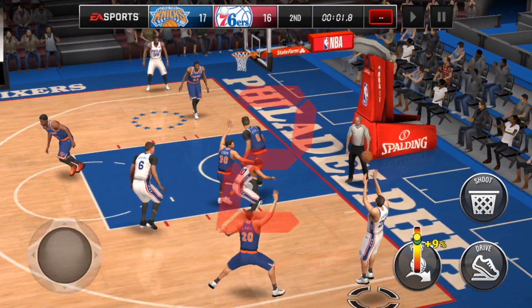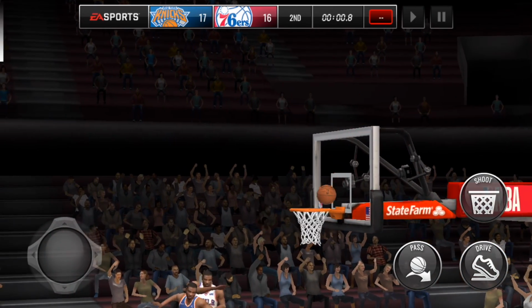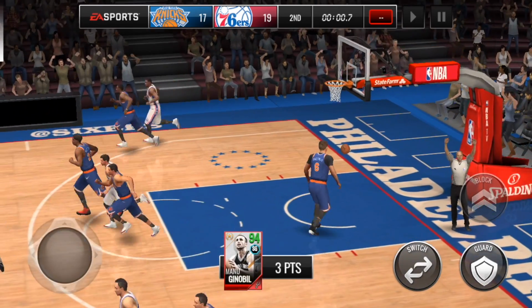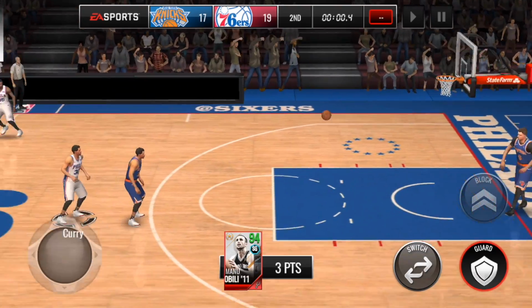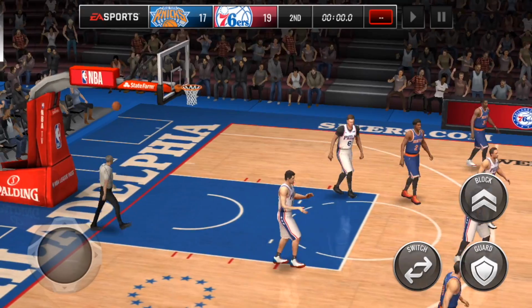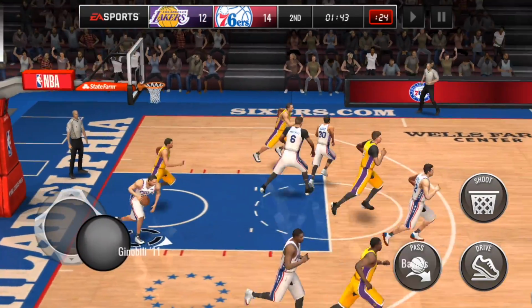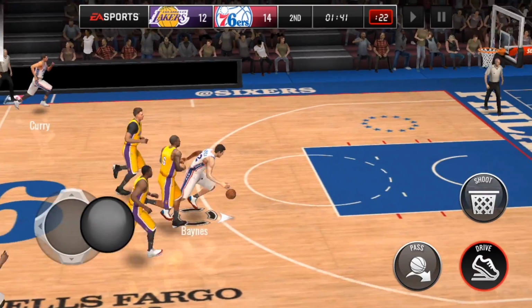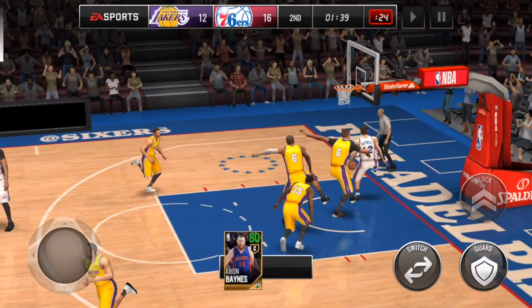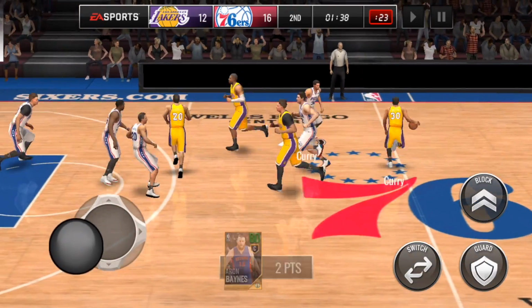Essentially, every shot is a dice roll, but hitting a 20% release is going to add a 20% likelihood that your shot is going to go in. So that's a huge one. Second, you want to make sure that your shots are open. Contested shots are going to decrease the likelihood of your shot going in, as are moving shots, as are really deep shots. And so you want to make sure that you're trying to pass the ball around, looking for open, easy shots,